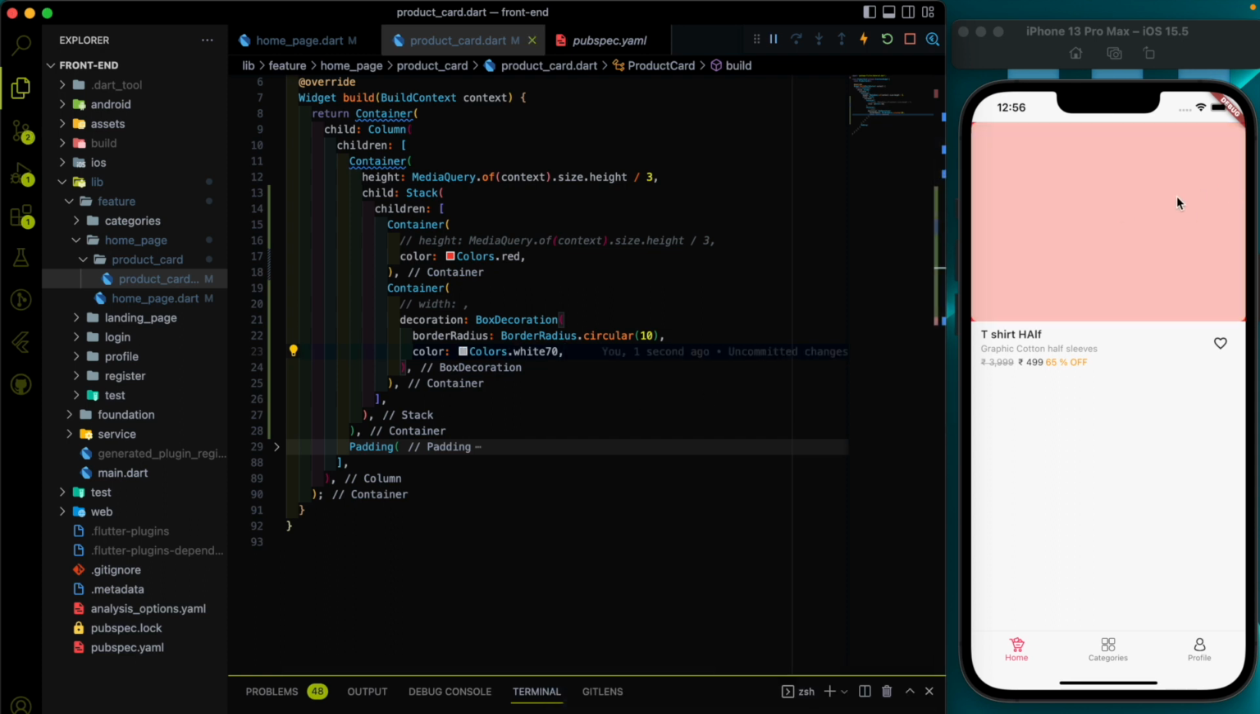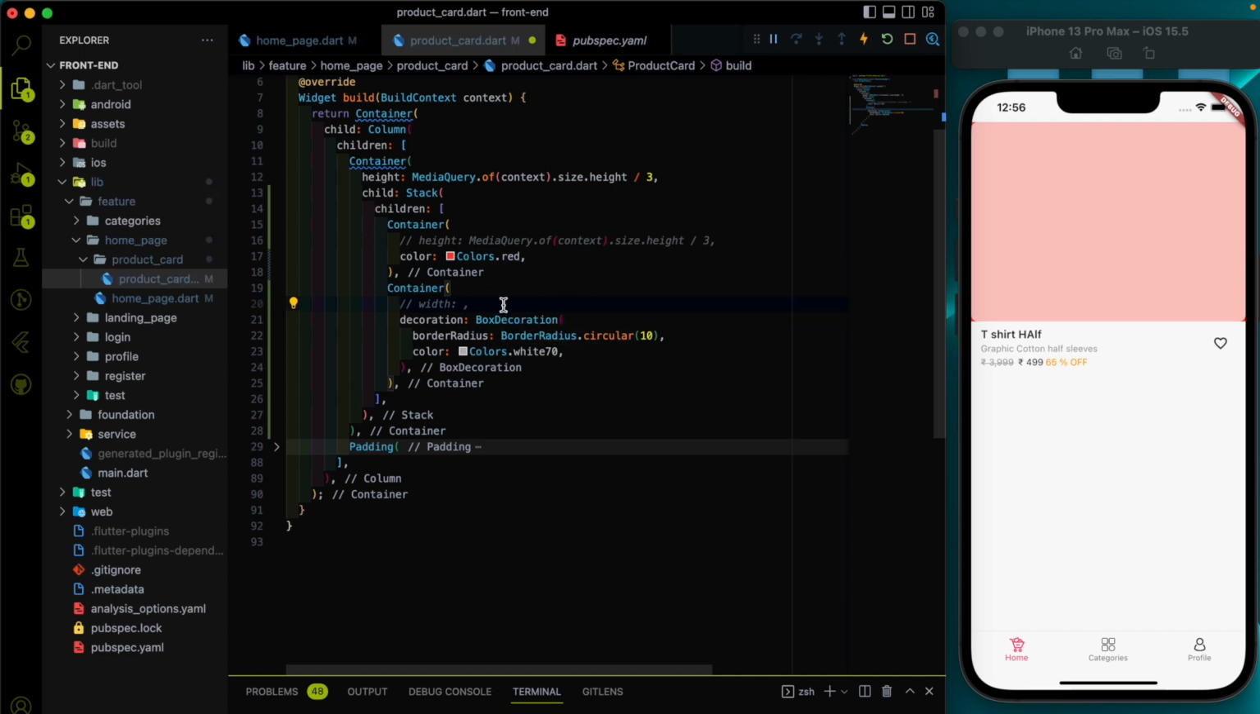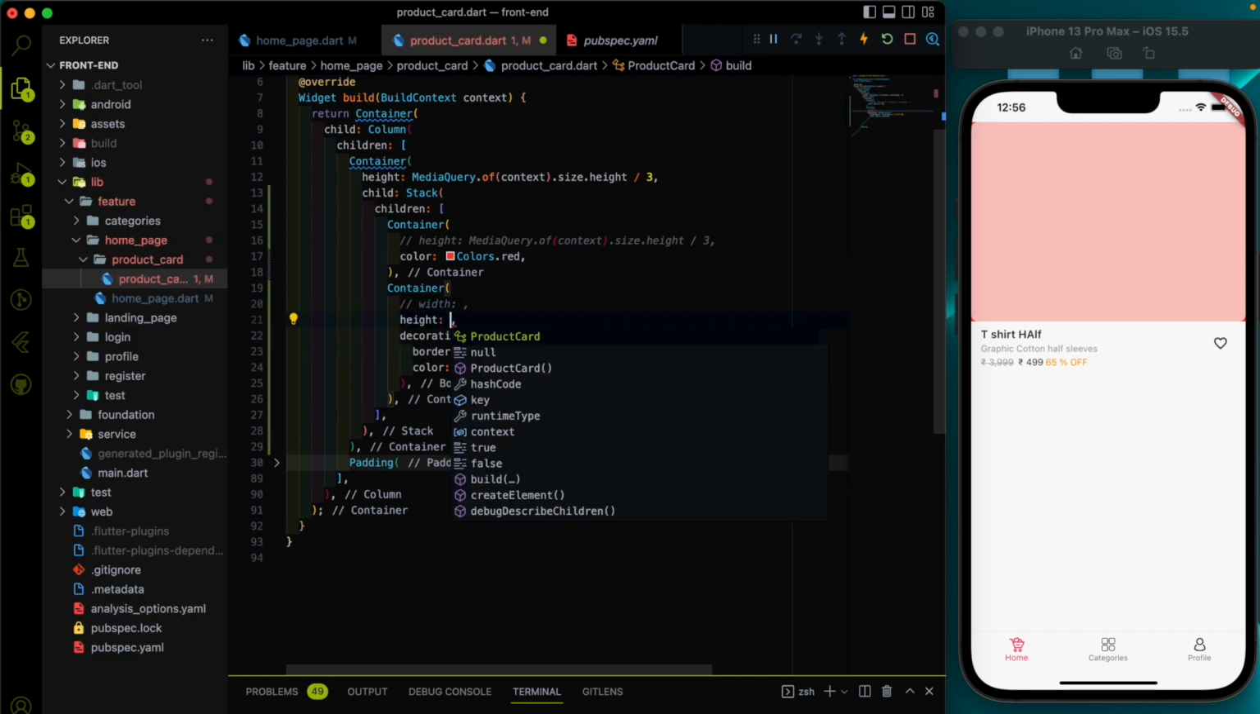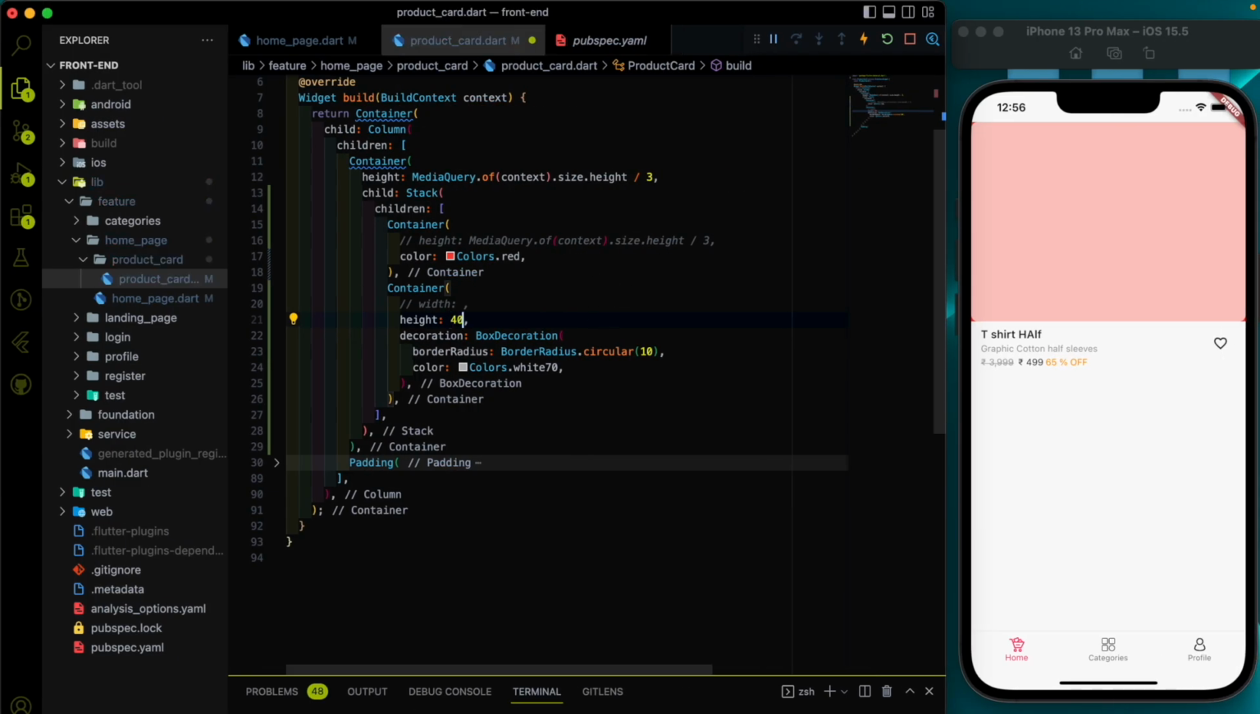Okay, that thing is added here. You can see that because it doesn't have a width and height, it is taking the whole container width and height automatically. So let's add a height. As of now, the height is going to be around 40, maybe. So that came here. You can see that it has a height of 40,